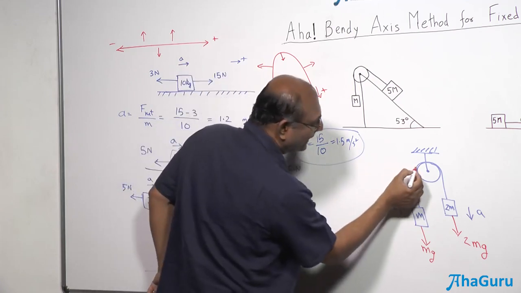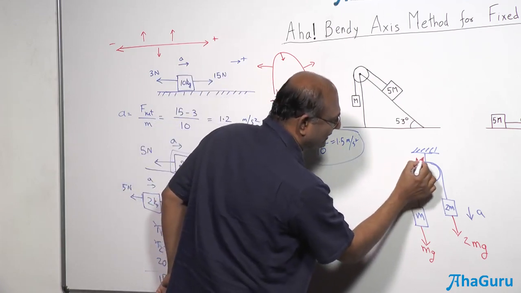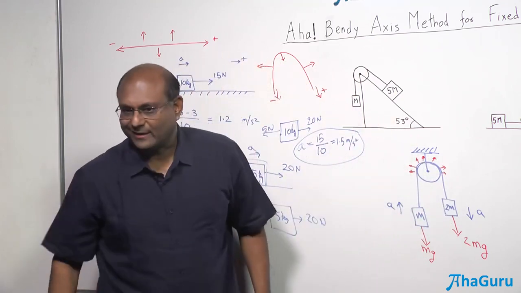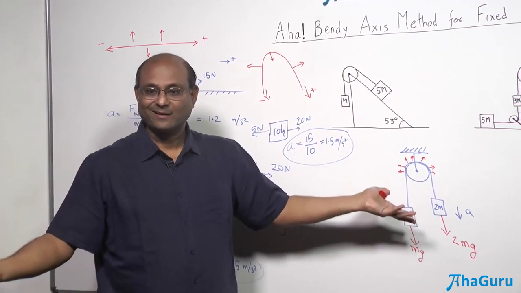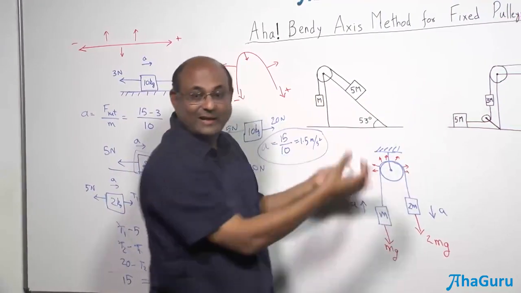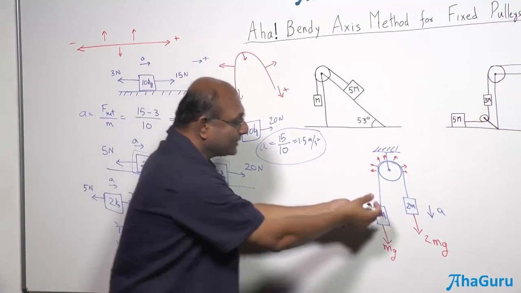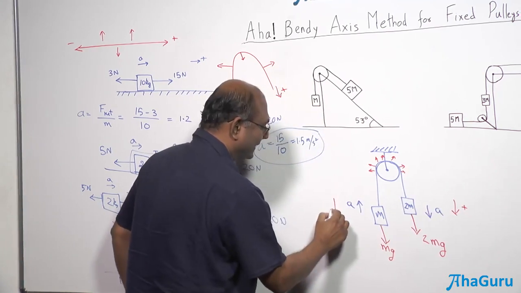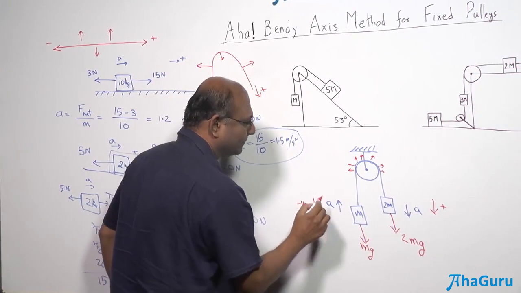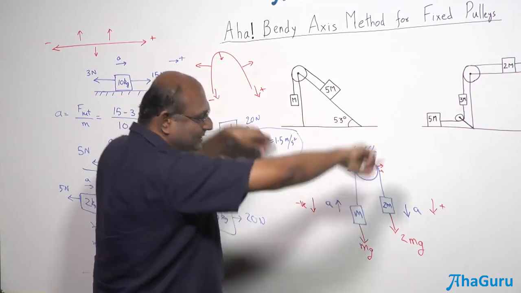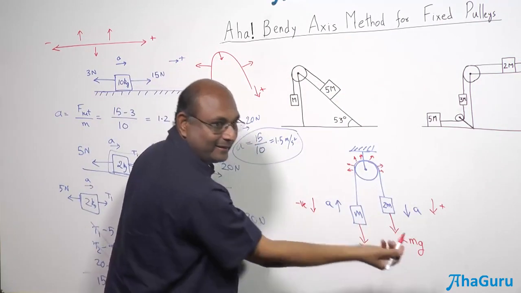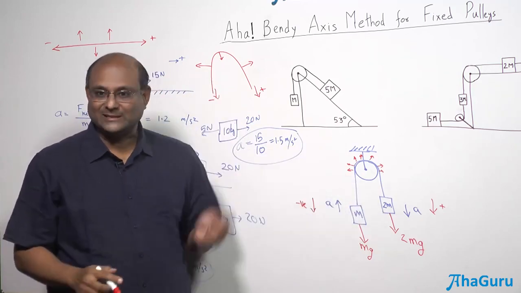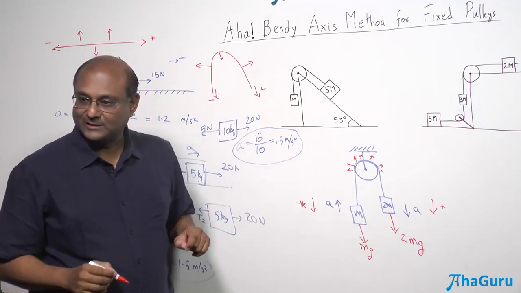Now this pulley exerts forces like this on the rope. But it's all perpendicular. It doesn't matter. When you straighten it out, none of that matters. Okay, but what is going to happen is this is the positive direction, this is the negative direction, right? So what is the net force? 2mg minus mg. Though they look like they are the same, they are on opposite sides. So actually the net force is how much? mg.